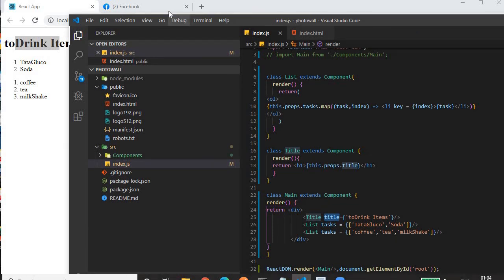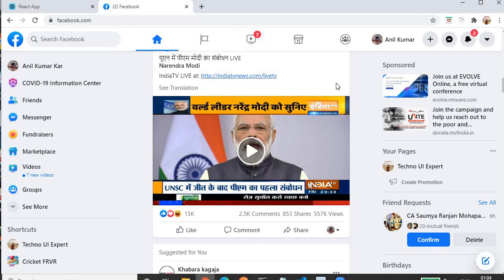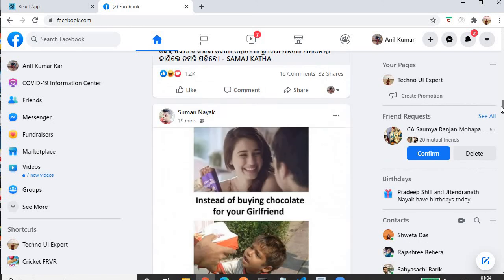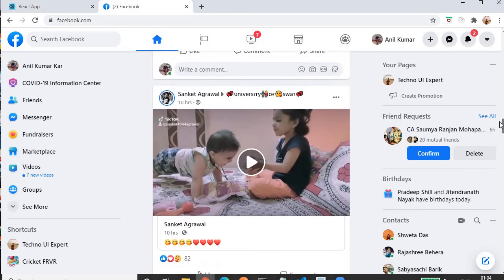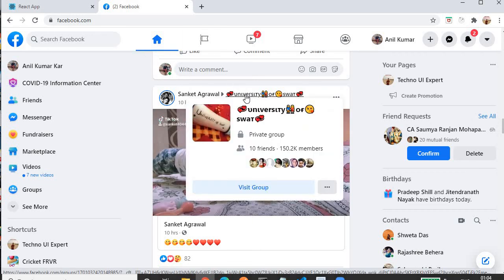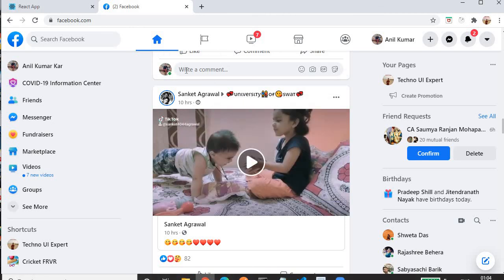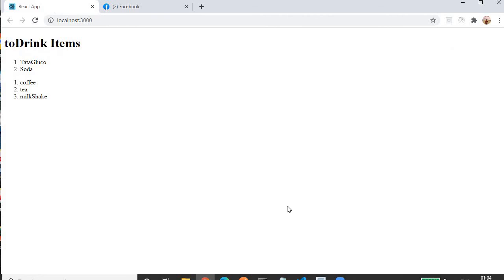So the same way Facebook also works. You can imagine everything as a single post, and they are providing the props for that post. On the basis of the props, we are seeing different content for different posts. Okay, clear? So this is the main use of props and components in React.js. Facebook is one of the websites which is using this React.js technology for its pages.